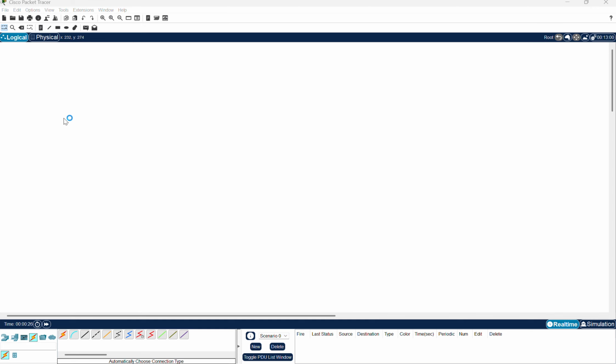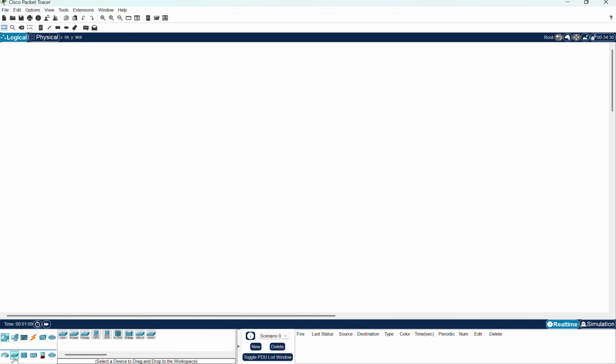Today our lab will be regarding inter-VLAN routing. Yesterday we did VLANs. We configured VLANs on 3 switches. So we were able to demonstrate that inside the same VLAN, PCs were able to ping each other, but outside the VLAN they were not able to talk, right? For that, cross talk among the VLANs needs a layer 3 device. That is what inter-VLAN routing is. So for that, what we will do today,